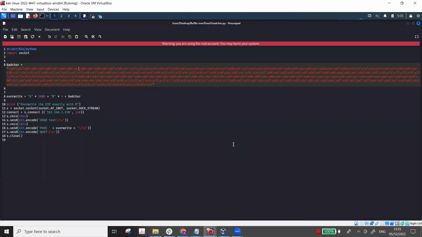Okay. Now I go back to my Kali Linux and I remove this bad character, which was \x0A, because the application doesn't accept it. So I'm going to remove it, \x0A. So I have removed it, and the next one is 0B, 0C, 0D, 0E, and so on, right? So I'm going to save it,